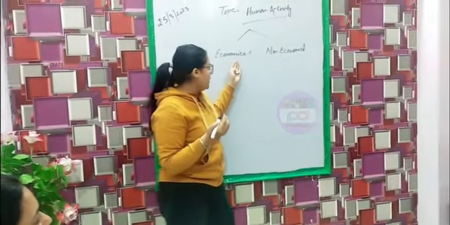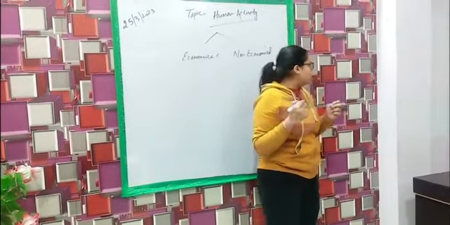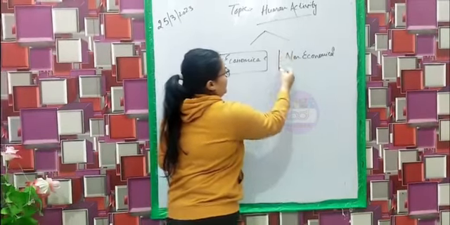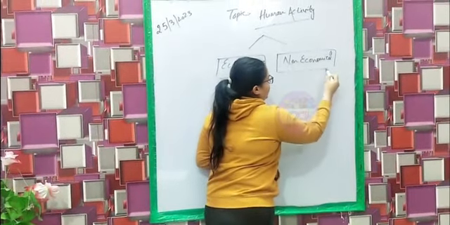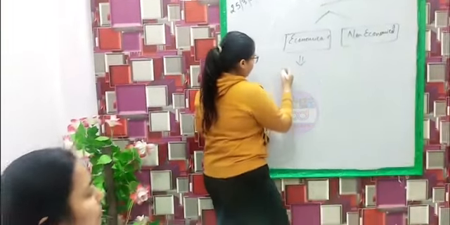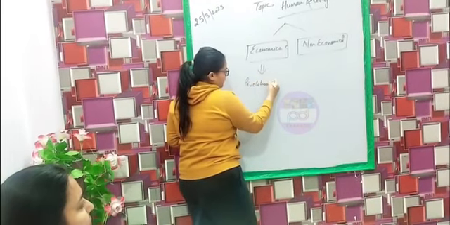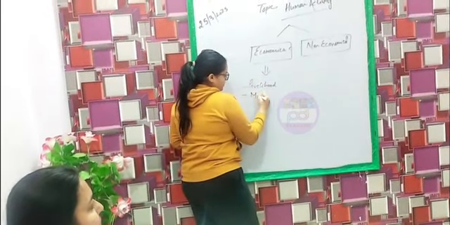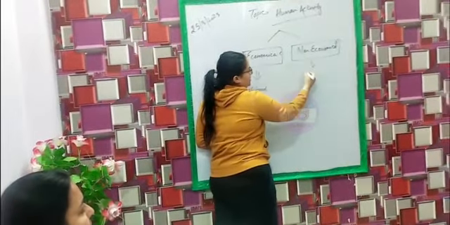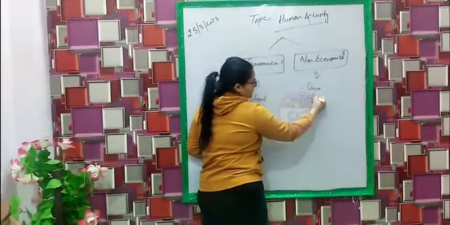Of the examples you have given me, some are things we do for earning money, and some are things we do out of love or affection. So we will first define economic activities and then non-economic activities. Economic activities are those activities which we do for earning a livelihood and also for money, right? And non-economic activities are those activities which are done out of love and affection, right?